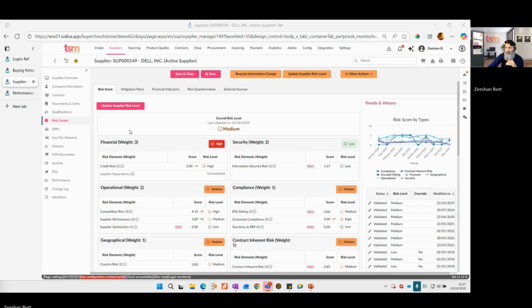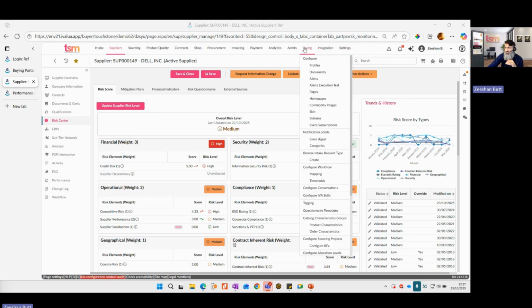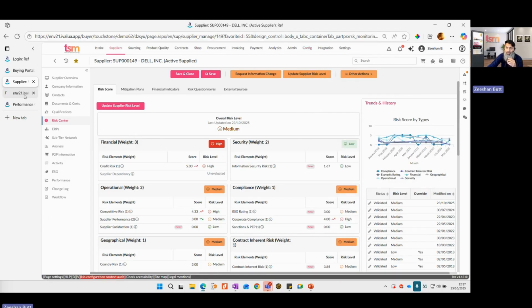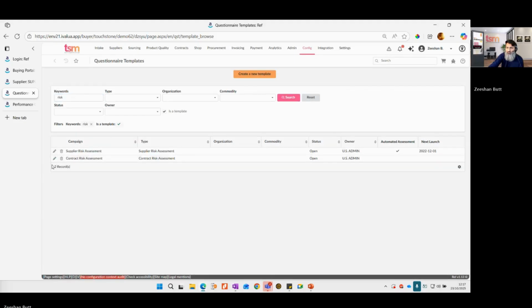Now, let's have a look at a questionnaire in a bit more detail, because I want to show you the functionality in that scoring questionnaire that we can use. So if we look at the supply risk questionnaire, which we looked at, the supply risk assessment,